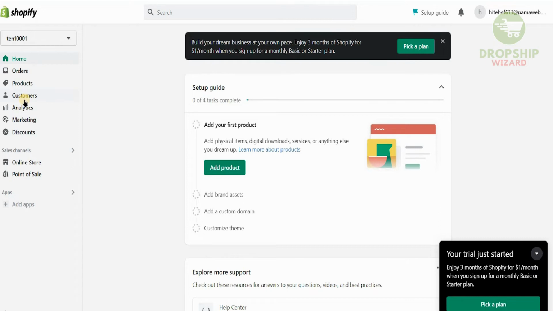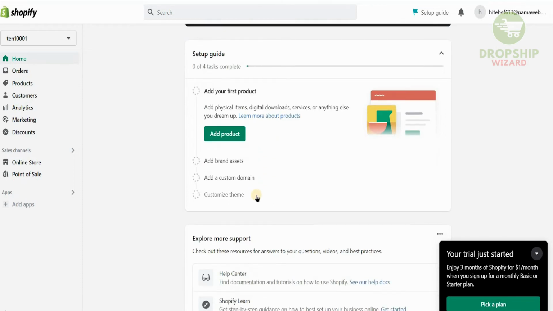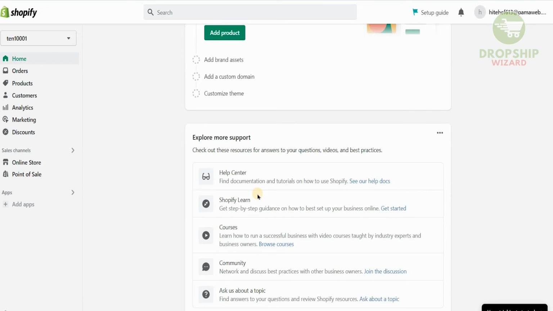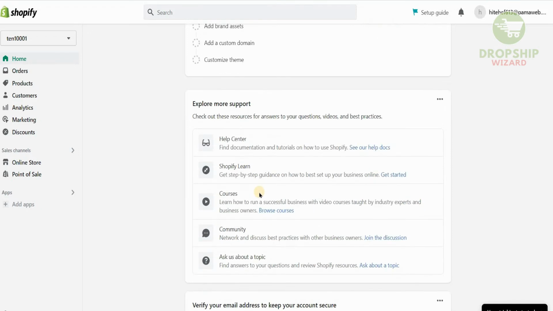Once you've done that, the main element over here is your dashboard. Now, on the dashboard, you can add your first product, you can add your brand assets, you can add your custom domains, you can even customize your themes. Then you have your support system, which is your help center, where you can find documentation and tutorials on how to use Shopify. And obviously, you can learn about Shopify and get step-by-step guidance on how to best set up your business